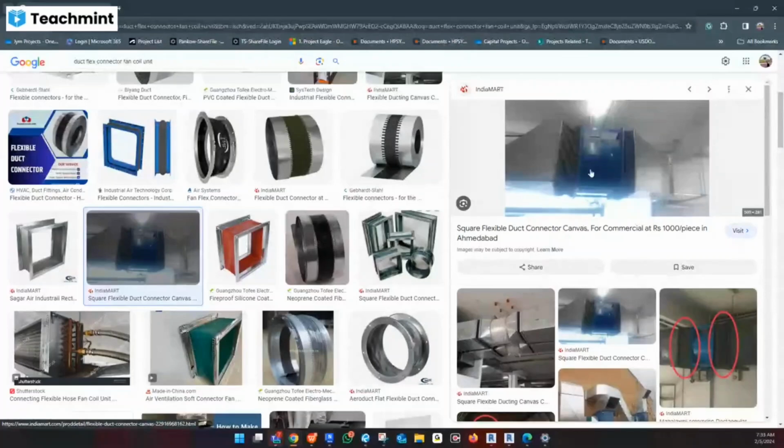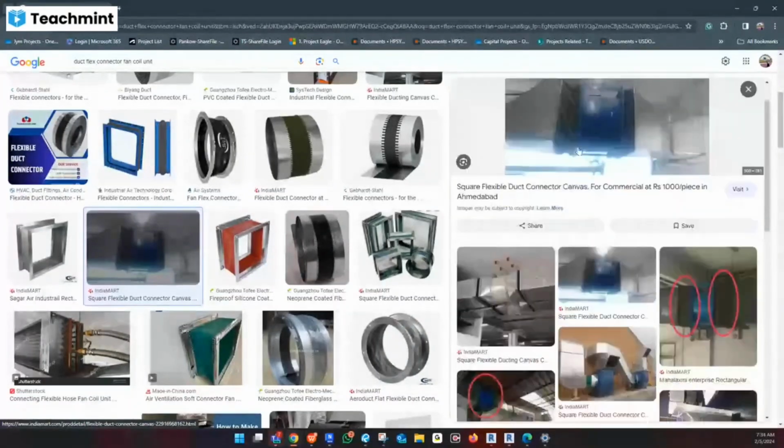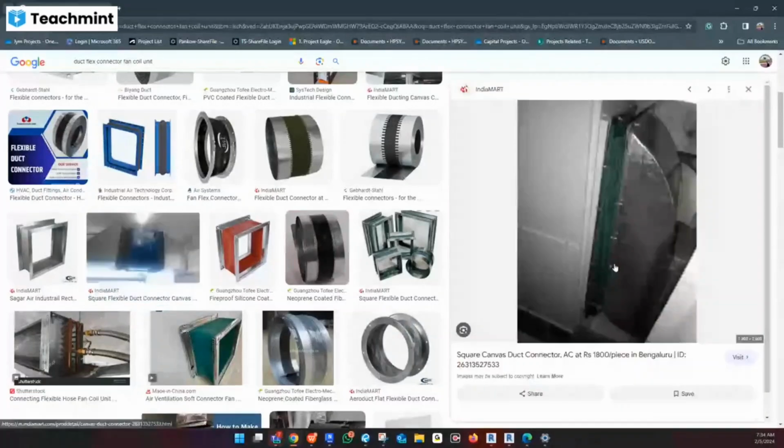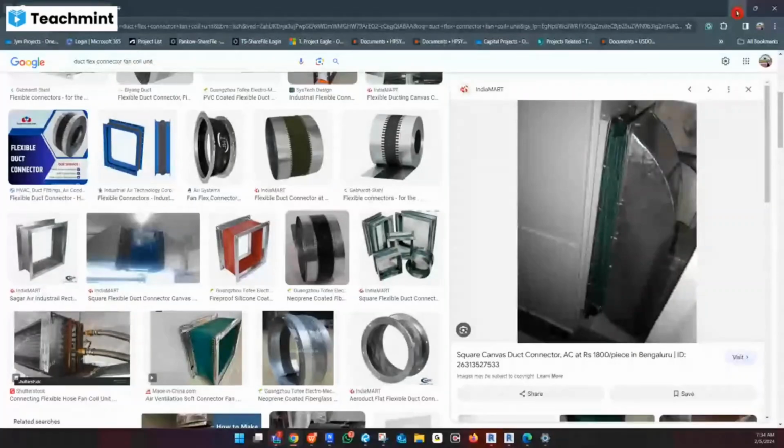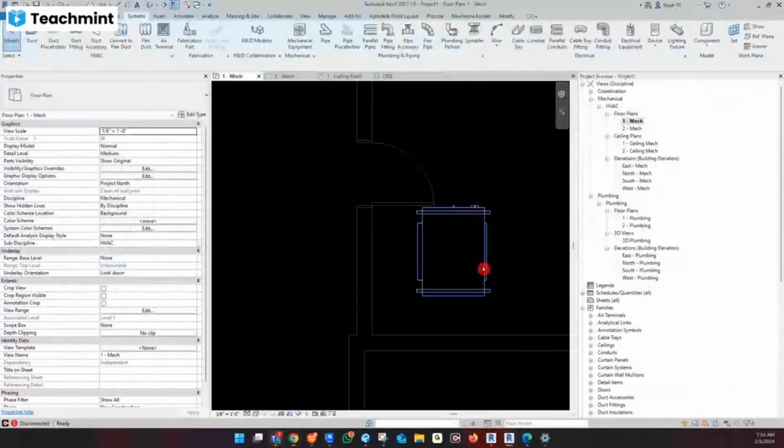So if vibrations happen, there is a chance to loosen the holes in this portion. So there is a fabric and it can easily connect. And the fabric basically reduces the amount of sound from this machine. So that's why this is called a 6-inch flex connector. In any unit you can see something like this. Got it? So now in our project,